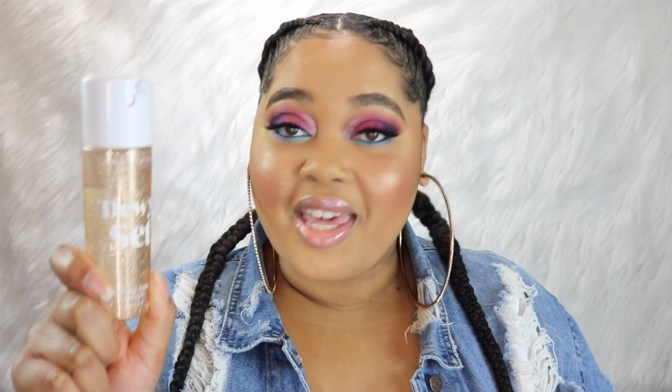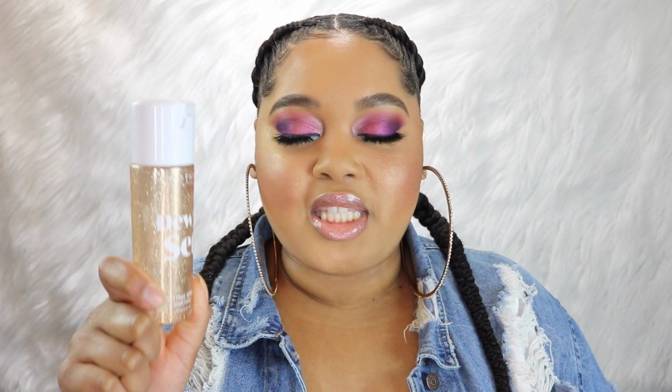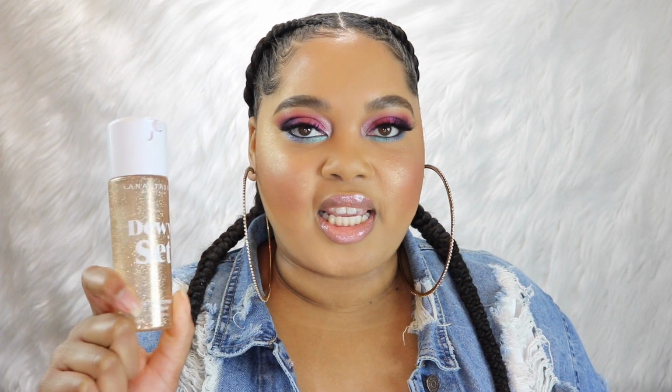And lastly, we have the Dewy Set Spray. And this is my baby. I have used this every single day since I purchased it. I like the scent of it. It's a very faint scent of coconut, not overwhelming. It doesn't choke you. The mist comes out very fine and it just graces your face,